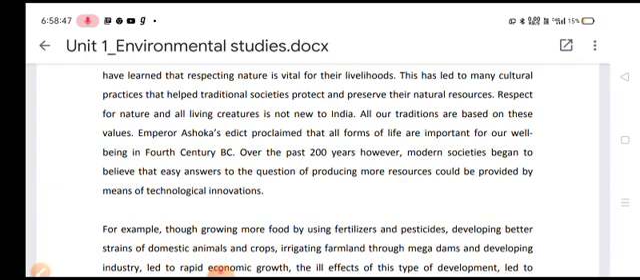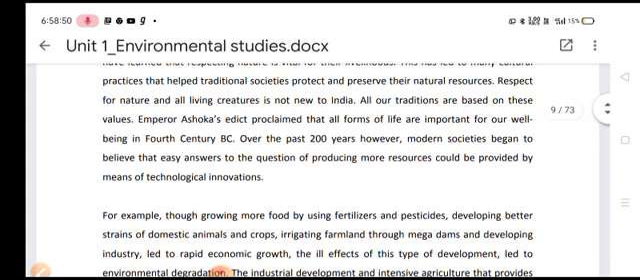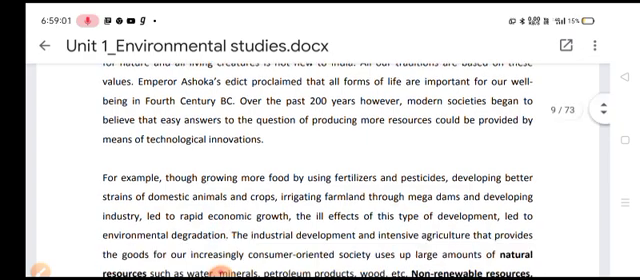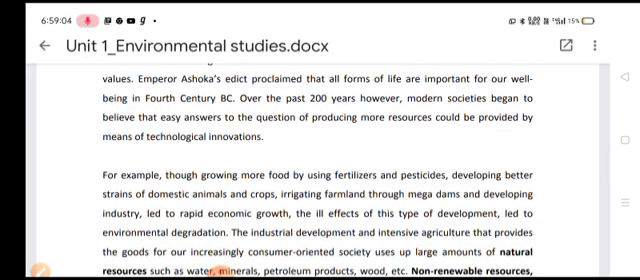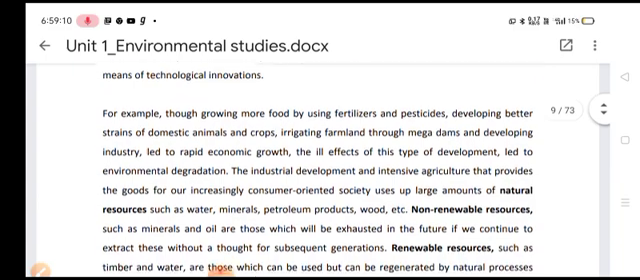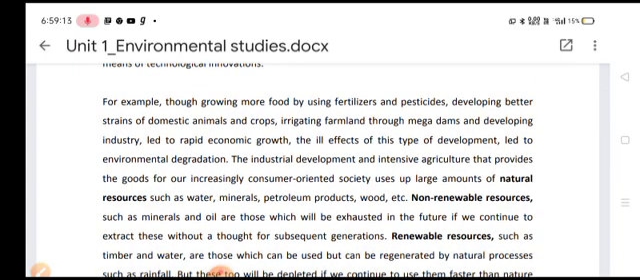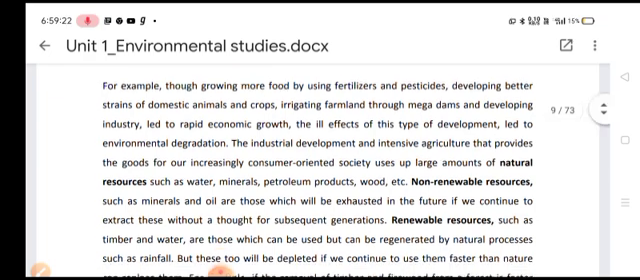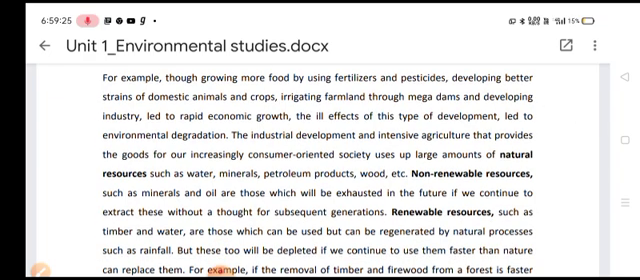Respect for nature and all living creatures is not new to India. All our traditions are based on these values. Emperor Ashoka's edict proclaimed that all forms of life are important for our well being in 4th century BC. Over the past 200 years, however, modern societies began to believe that easy answers to the question of producing more resources could be provided by means of technological innovations. For example, though growing more food by using fertilizers and pesticides, developing better strains of domestic animals and crops, irrigating farmland through mega dams, and developing industry led to rapid economic growth, the ill effects of this type of development